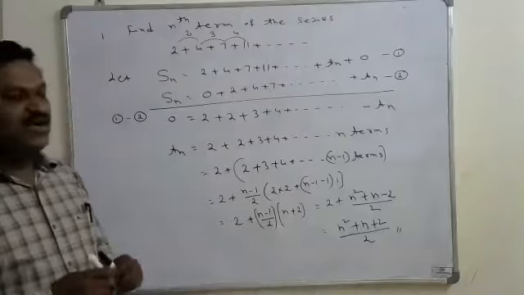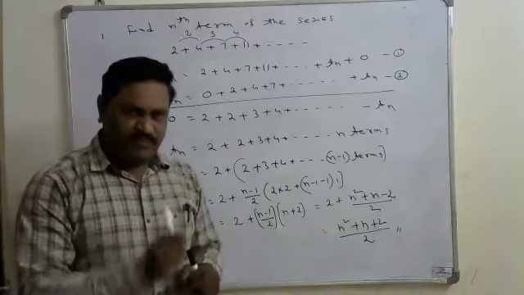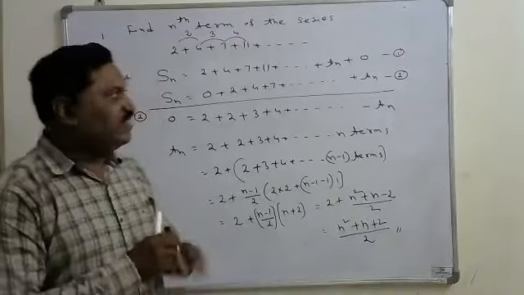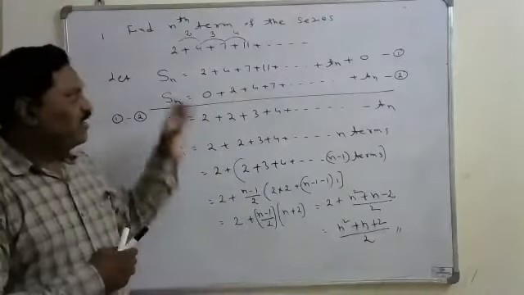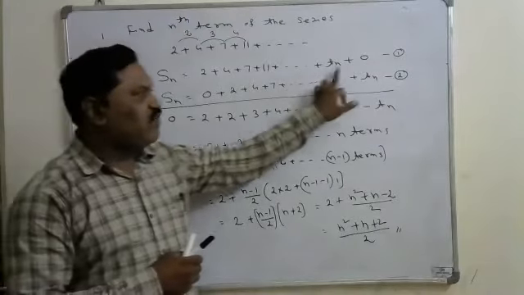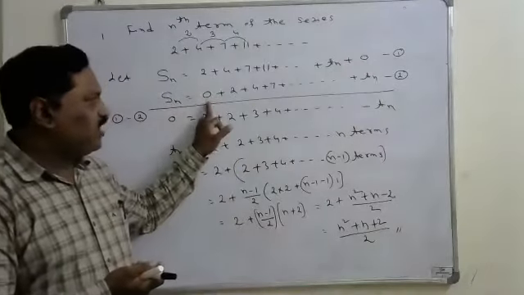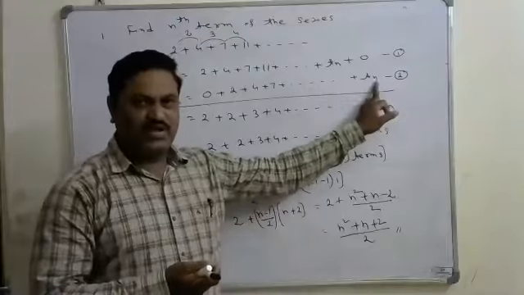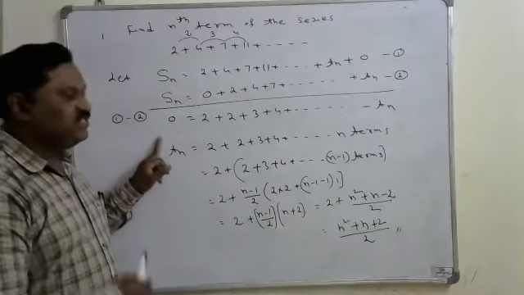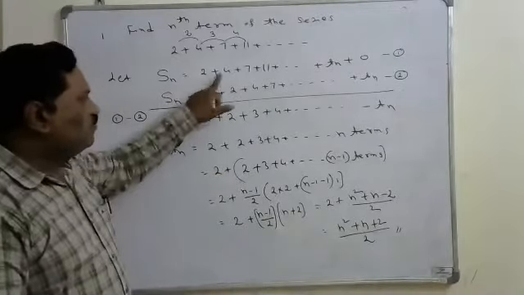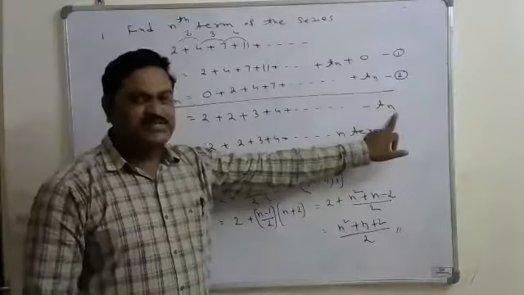So just remember this procedure for finding the nth term of a series in which the differences of the series are either in AP or in GP. Take the sum of the n terms equal to the sum of all the terms up to Tn, and at the end add 0. Now take that 0 at the starting, then take the entire series. Subtract them term by term. Sn minus Sn is 0, 2 minus 0 is 2, 4 minus 2 is 2, 7 minus 4 is 3, 11 minus 7 is 4, etc. 0 minus 10 is minus Tn.